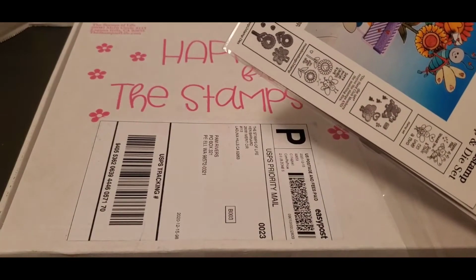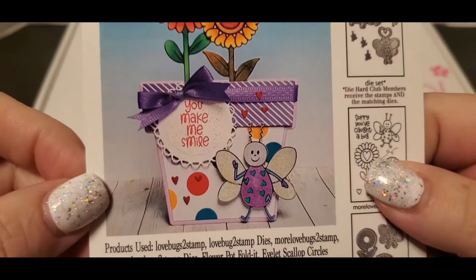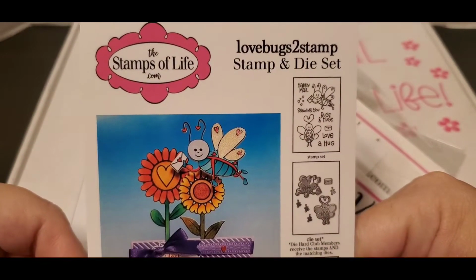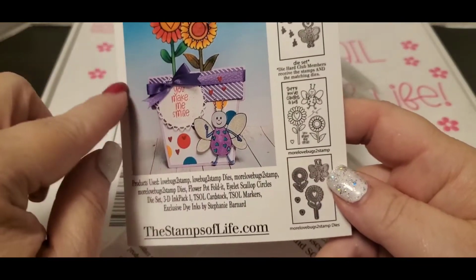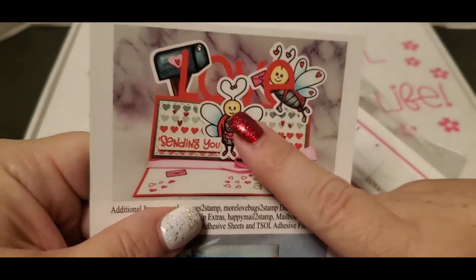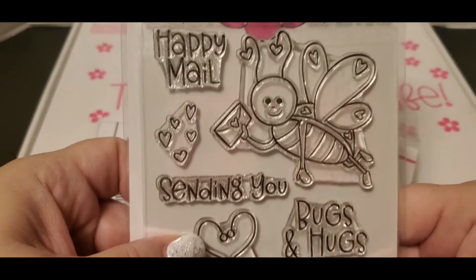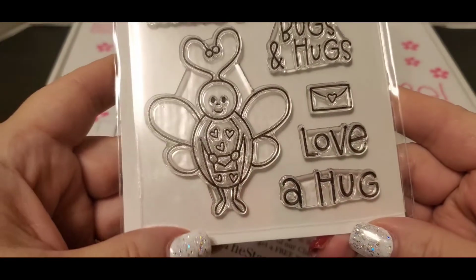First, I did open it up because I was just nosy and curious. So it looks like it's a Valentine's Day one. And there you go. Love Bugs 2-stamp and die set. And they show you some samples right here of what you get, and then they show you these here. There's another one on the back. I like how they show you. That is really cute. Have a hug. Aw, isn't that cute? And then we got some stamps. Happy mail, sending you bug hugs, love, a hug,